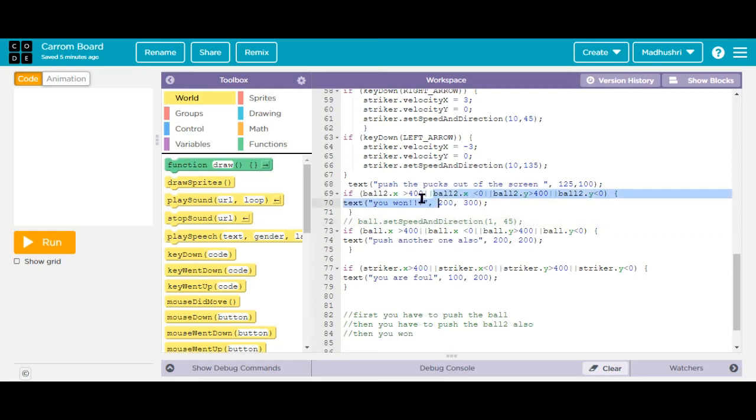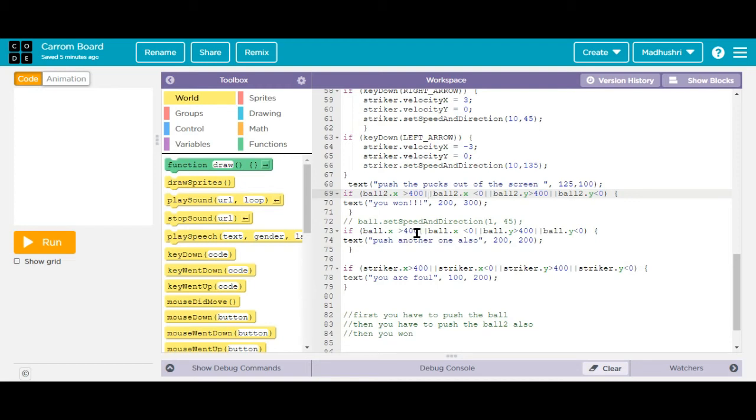And you'll ask what is the meaning of these two lines? These two lines are to make sure we have put it for all the sprites, right? Whenever we are writing this, if any one ball 2 goes out, for example ball 2 dot y is greater than 400, it will also come as u1.